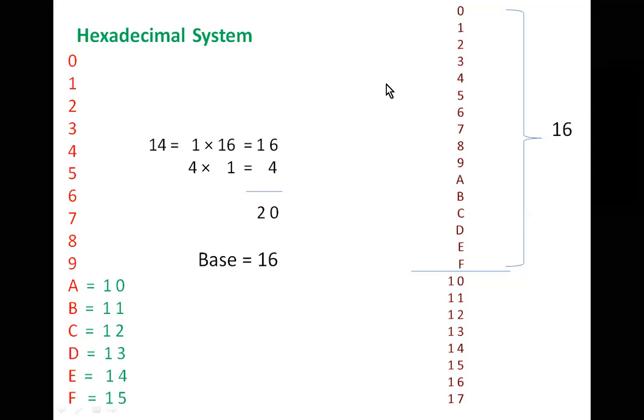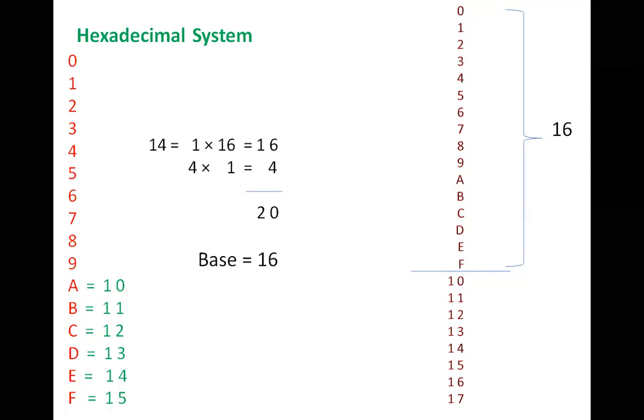Let's say there is a basket of apples and we have to count them by using hexadecimal system. Then how would the count be? We begin with 0, 1, 2, 3, 4, 5, 6, 7, 8, 9. After 9, it is not the last symbol in hexadecimal system. We have more symbols to count. What is the symbol which is 1 unit higher than 9? A, and then B, and then C, and then D, and then E, and finally F.